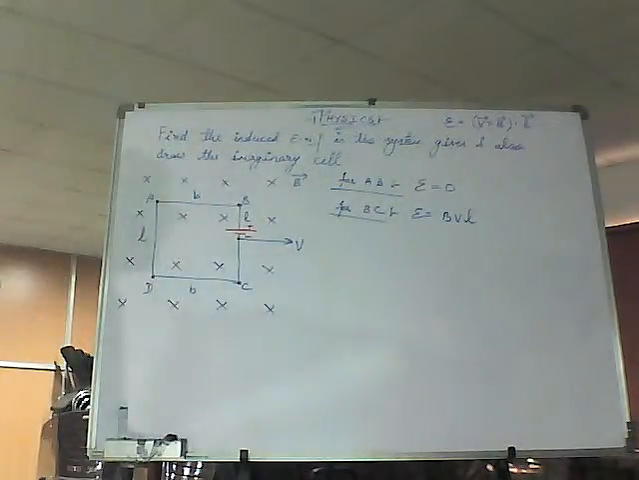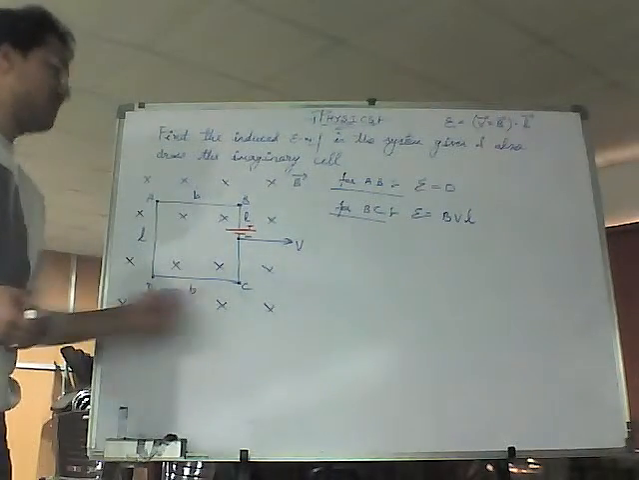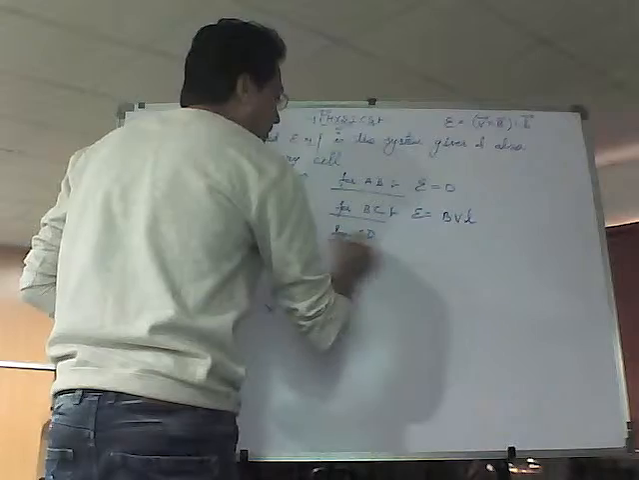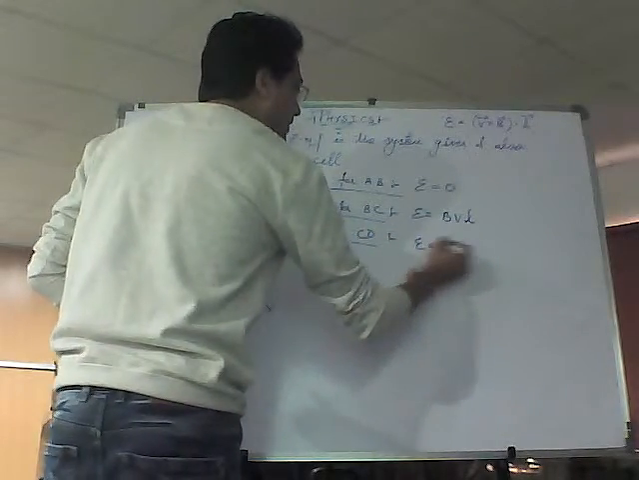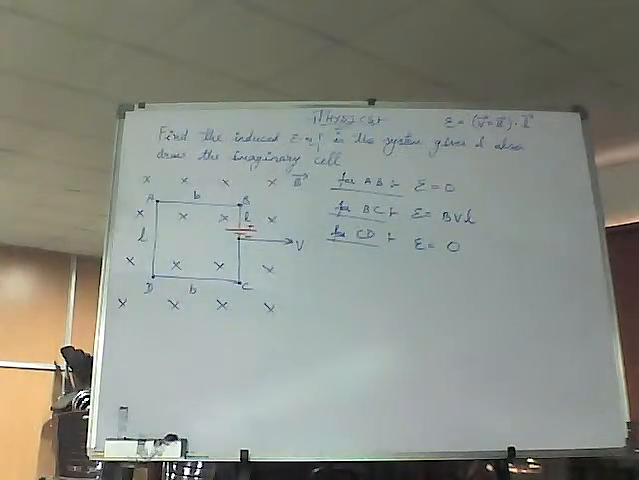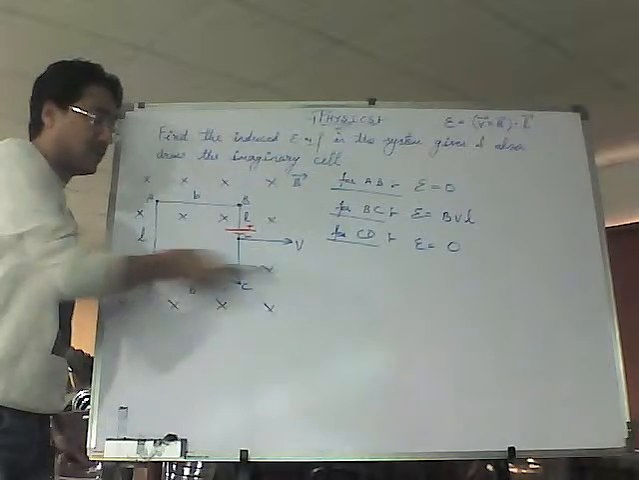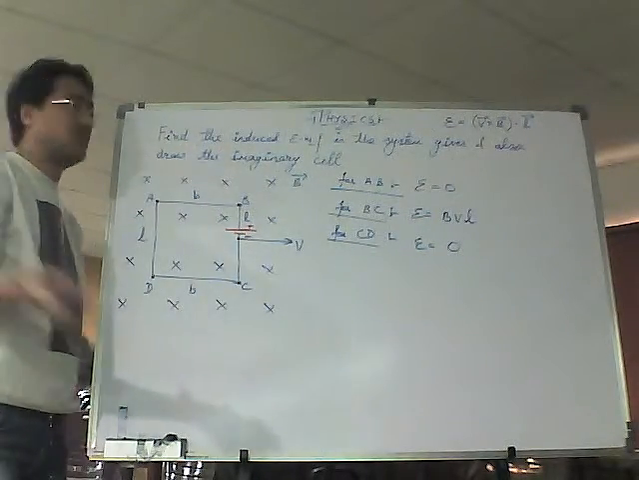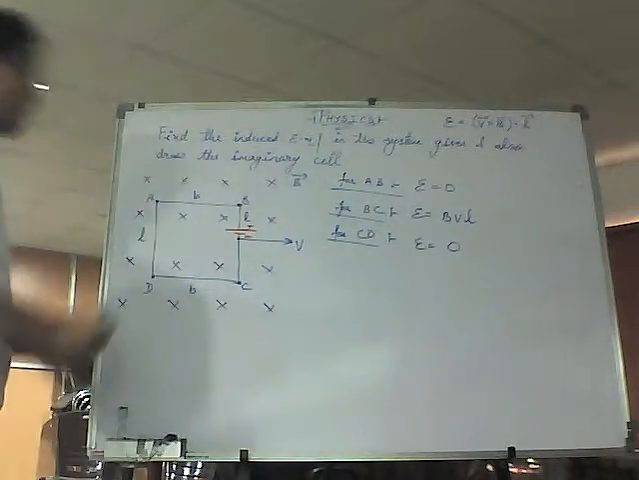Let's talk about CD. और CD इंड्यूस्ड EMF फिर से 0, क्यों? क्योंकि CD को देखोगे तो लेंथ वेक्टर और वेलोसिटी वेक्टर फिर से पैरेलल हैं। Two vectors are parallel, induced EMF 0 होगी। अब बात करते हैं DA की।